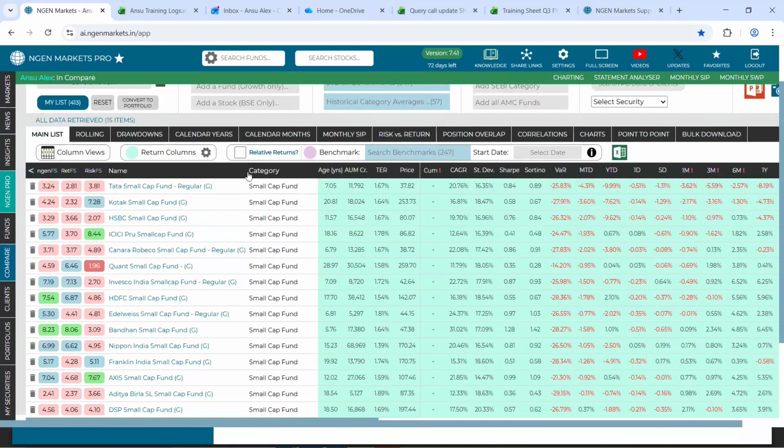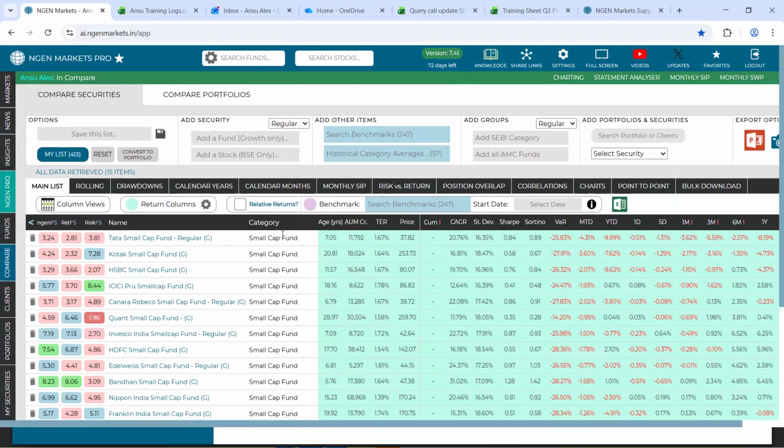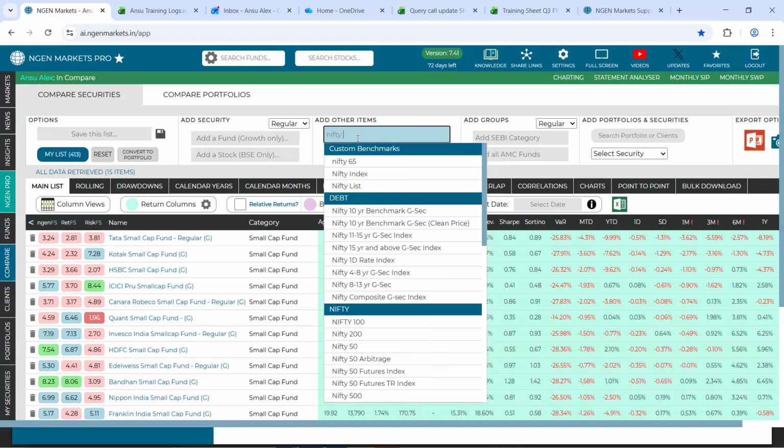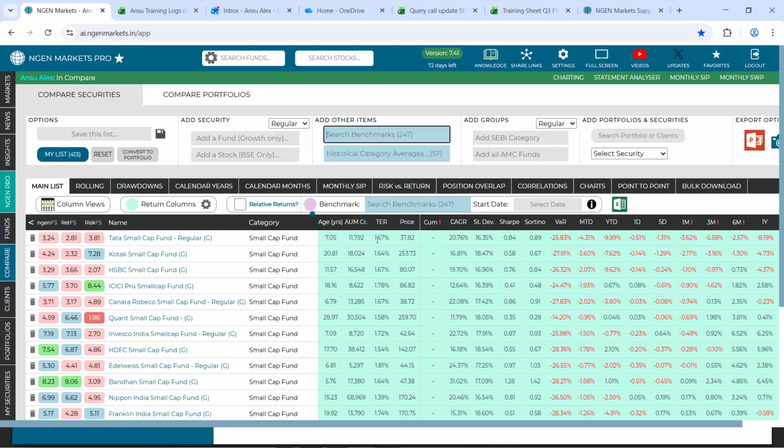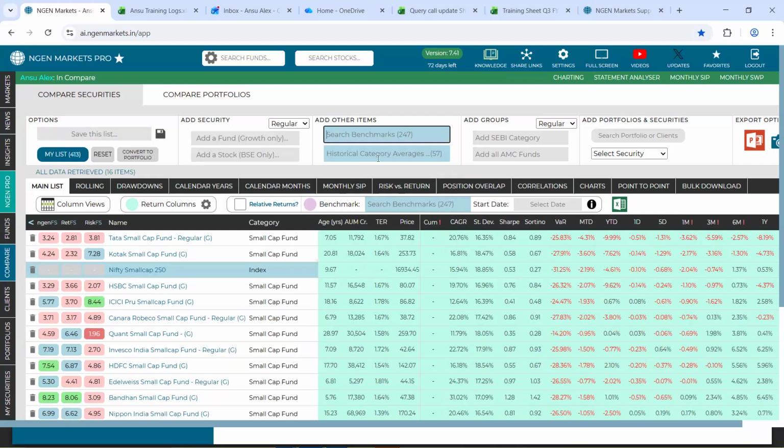Now, once my funds have come to this compare section, before comparing them with each other, I would also want to compare them with the benchmark as well as the category average. In order to do that, we have a feature called add other items. From this section called search benchmarks, since these are small cap funds, I'll be adding in Nifty Small Cap 250 as the benchmark and the category average as well, that is small cap.